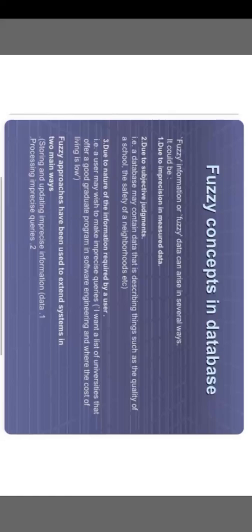Here the fuzzy information or fuzzy data can arise in several ways. It could be due to imprecision in measured data, due to subjective judgments, that is, a database may contain data describing things such as quality of a school, the safety of neighborhoods, etc. Or due to the nature of information required by a user, that is, a user may wish to make imprecise inquiries. I want a list of universities that offer a good graduate program in software engineering and where the cost of